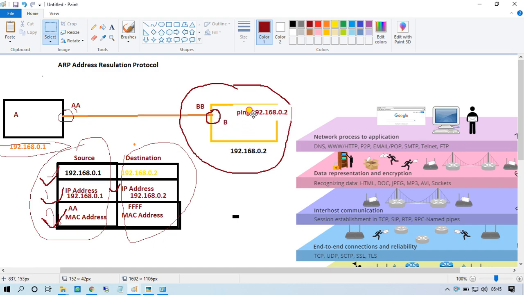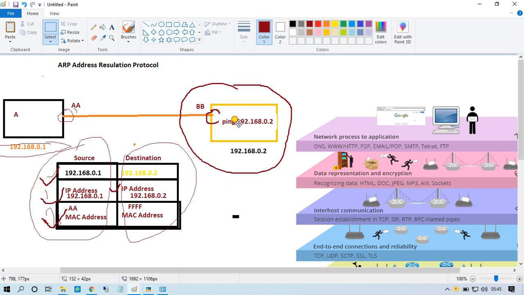It will create a packet using the same concept, but the source and destination will change for B: source IP 192.168.0.2, source MAC BB, and the destination will be the other side.